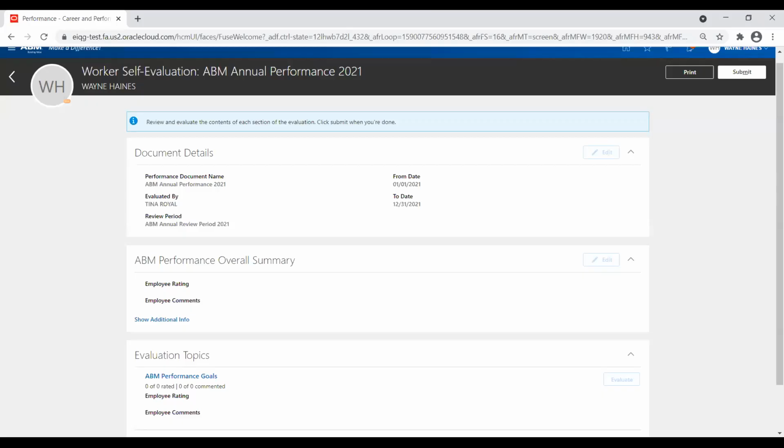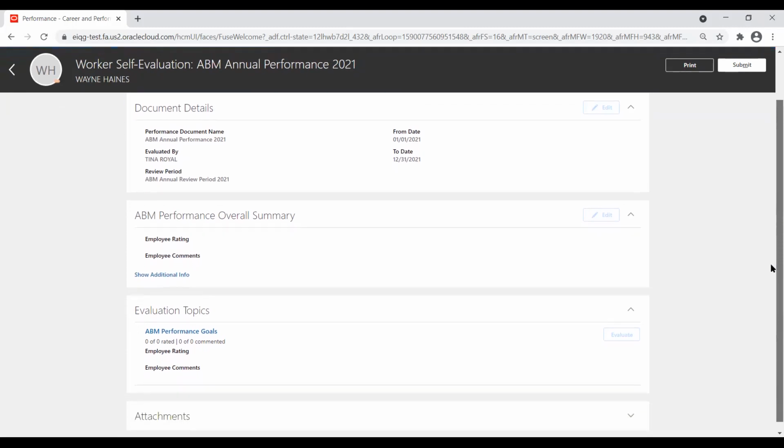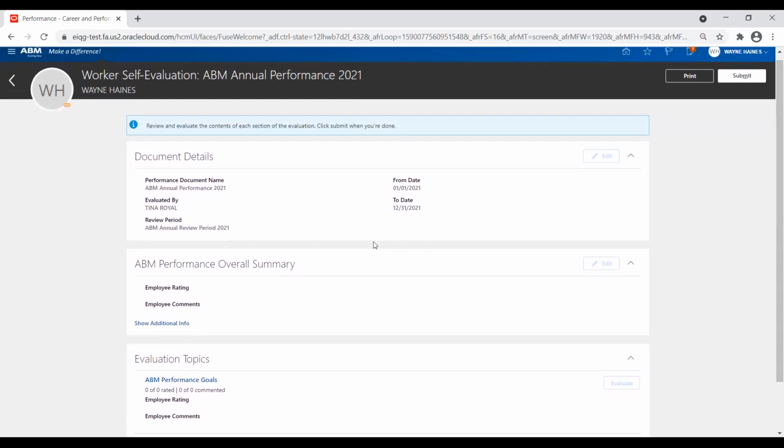Once the employee clicks on the template, he sees the sections: the document details, the ABM performance overall summary, and the evaluation topics. The goals are automatically assigned to the employee. However, since I just added a goal, they're not refreshed. This is an additional step which the employee doesn't need to do,